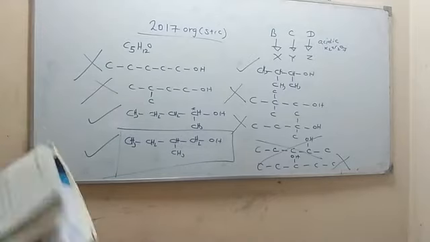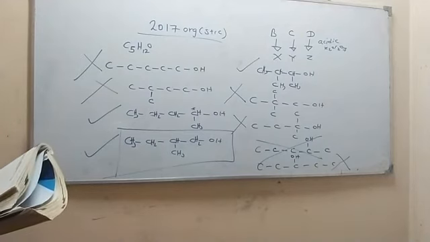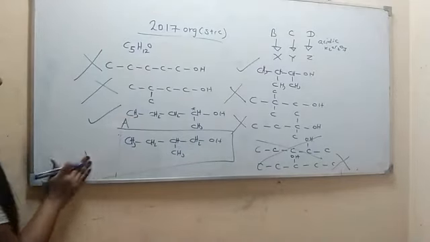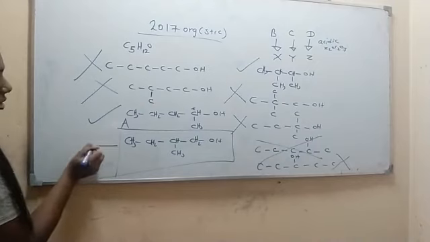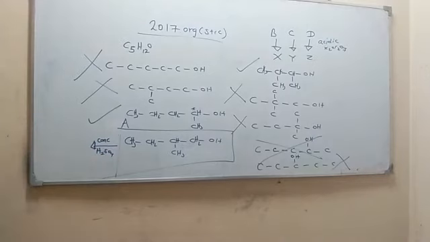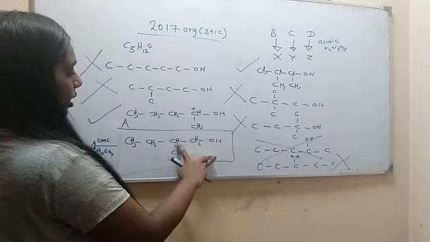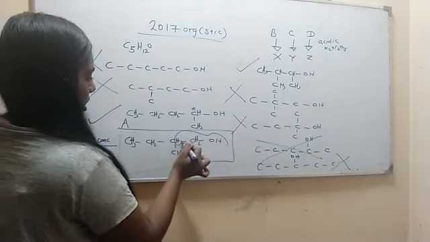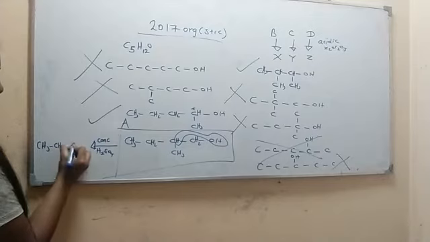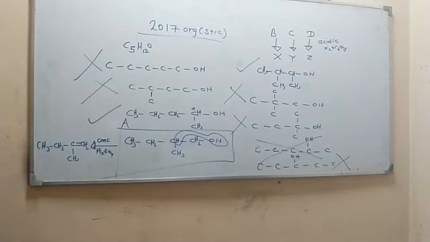Then the next part, what they are telling is, on heating with concentrated H2SO4, A and B gave E and F respectively. So for now we know this is A. For A, what I am going to put is concentrated H2SO4. It gives E. So concentrated H2SO4, what does it do? Okay, carbon here has OH, it will remove the hydrogen from here. So this OH and this hydrogen get removed, then you will get CH3, CH2, C, CH3, double bonded CH2. So this is the structure of